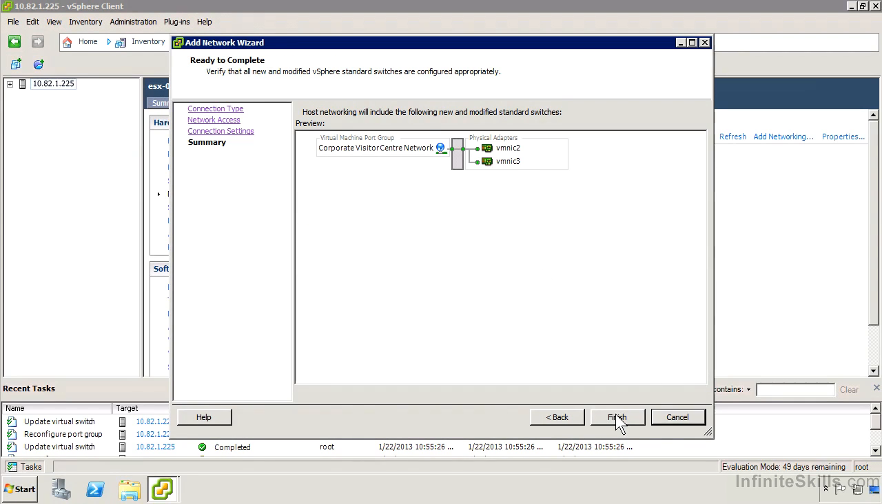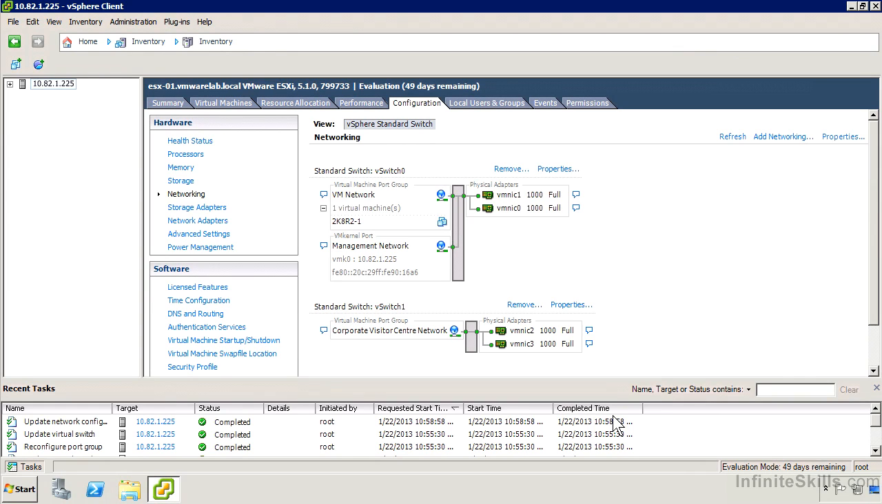I'm going to click Next and Finish. And we can see down at the bottom now, I've got a vSwitch 1, which has now a virtual machine port group called Corporate Visitor Center Network, and it has two NICs associated with it, VMNIC2 and VMNIC3. In this case, you'll notice there's no VMkernel port, there's no IP address for the system associated with those